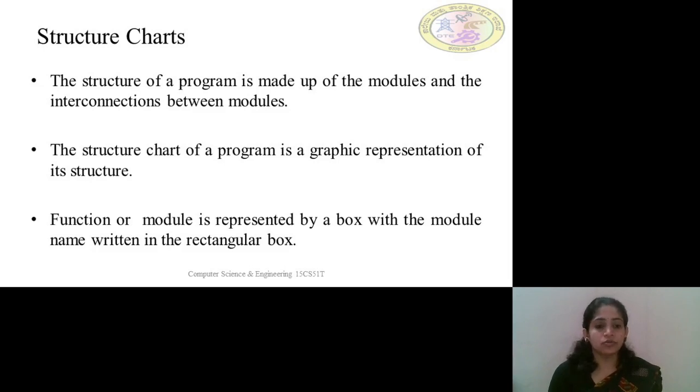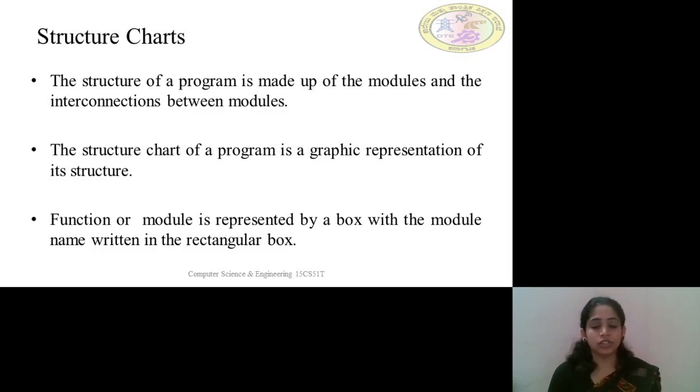It makes use of symbols like rectangles, circles or diamonds to represent the different actions. Usually in structure charts, functions or modules are represented by a rectangular box. Within the box we write the name of the function.